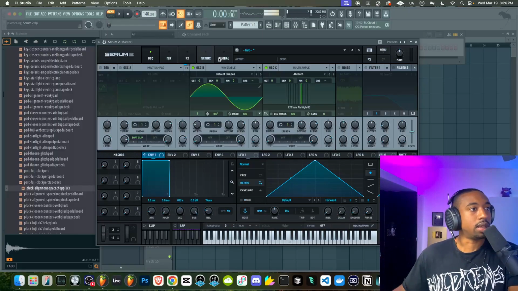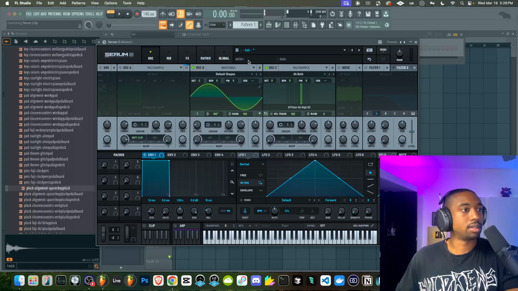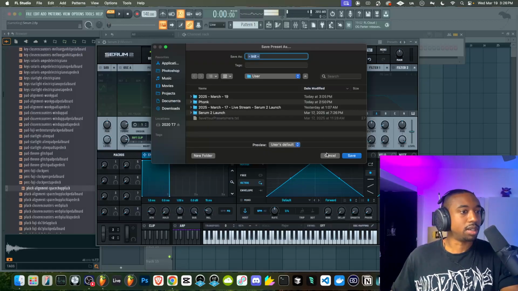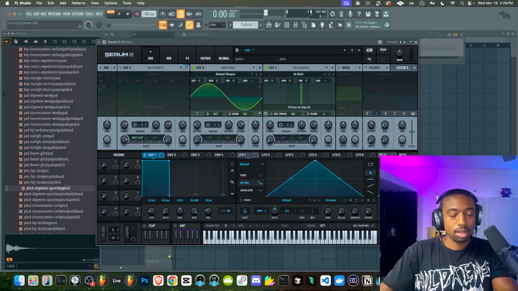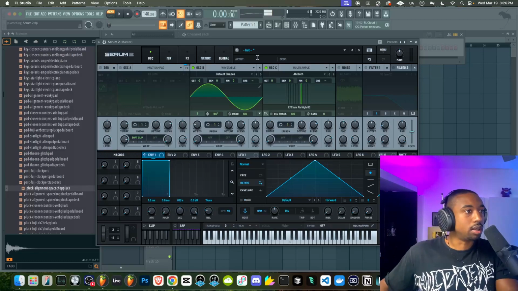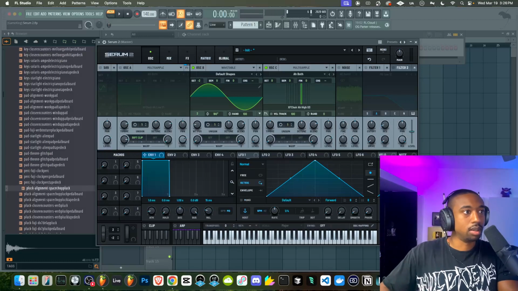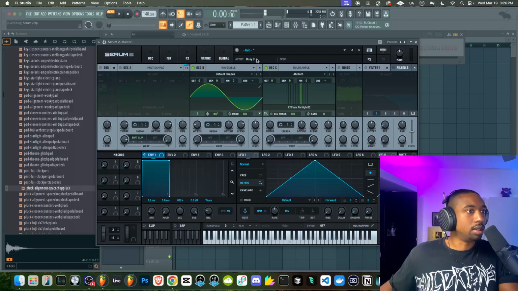So I don't know what else to do with that sound outside of just add different effects. So that one I will save, but it's more of just a tonal warp.